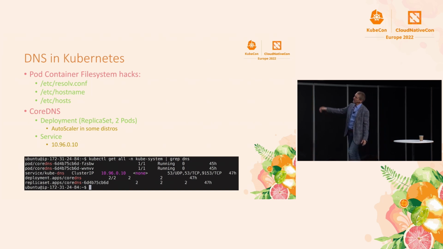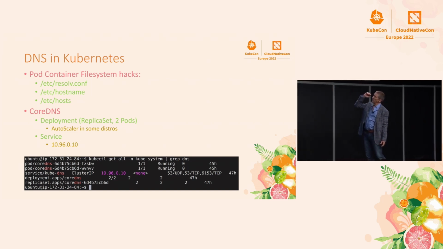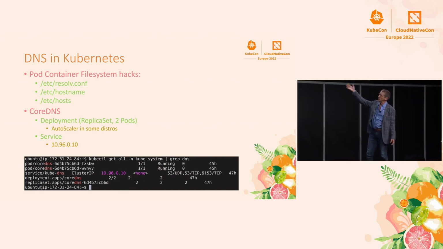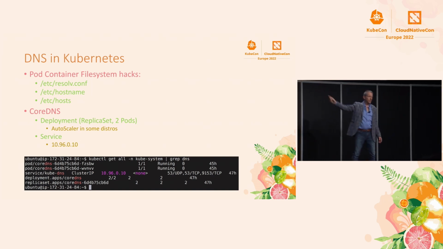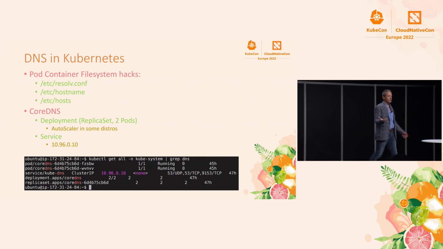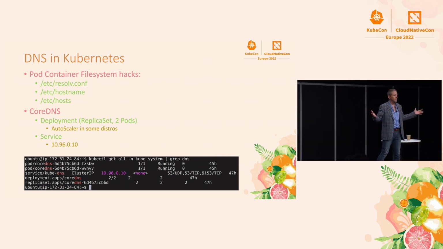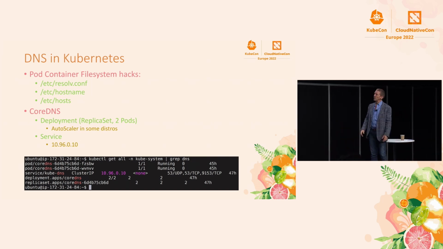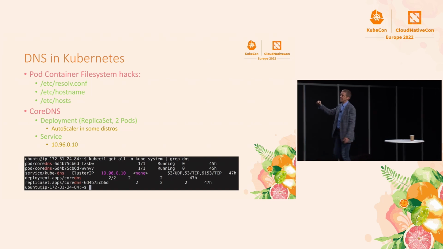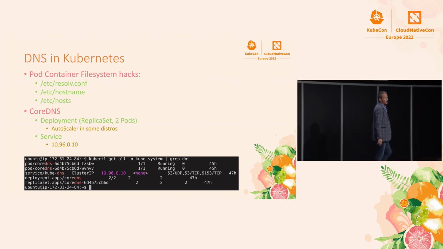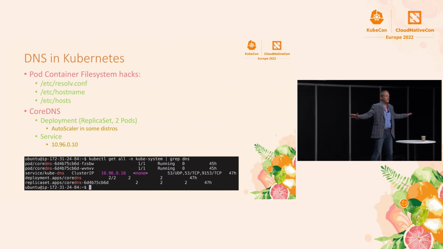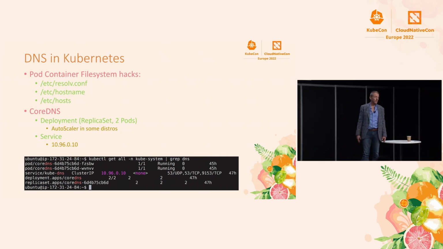And so you have core DNS running in the kube system namespace. As you can see up here, we have 2 pods, core DNS pods. So if one of them crashes, we have resilience, right? Kubernetes eats its own dog food. Core DNS runs in a deployment. And then there's a service also that gives us a cluster IP for DNS inside Kubernetes, and it's 10.96.0.10. That's the default IP for DNS, and it's going to be injected into every single pod in resolve.conf.